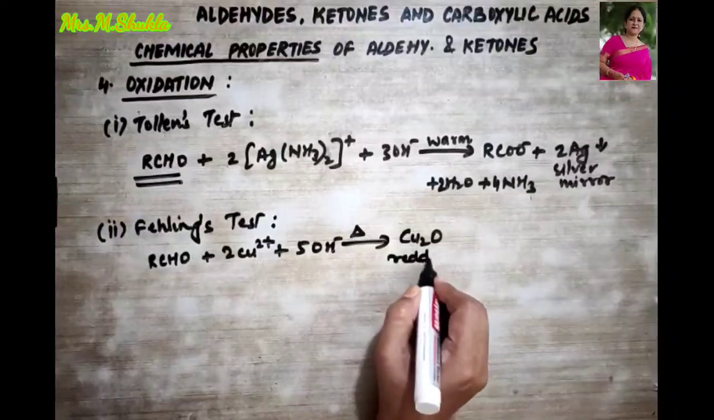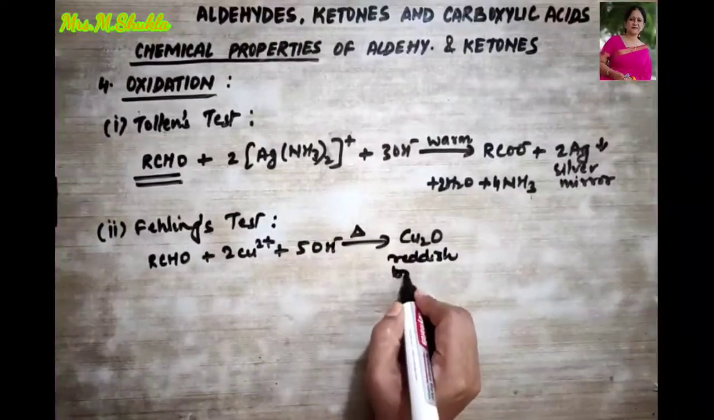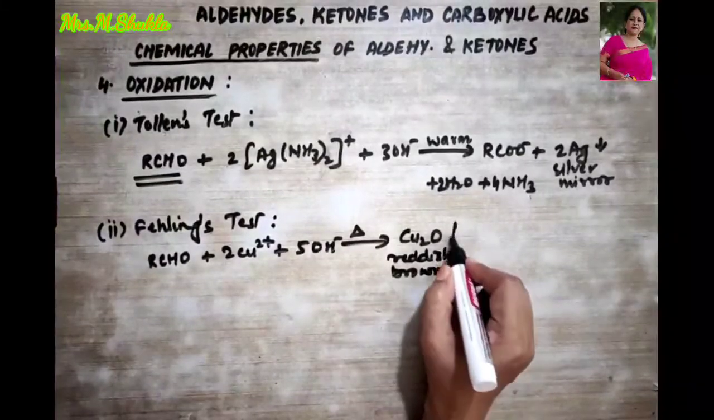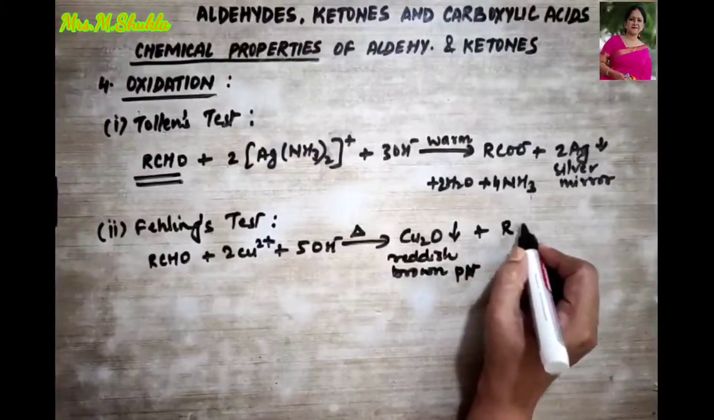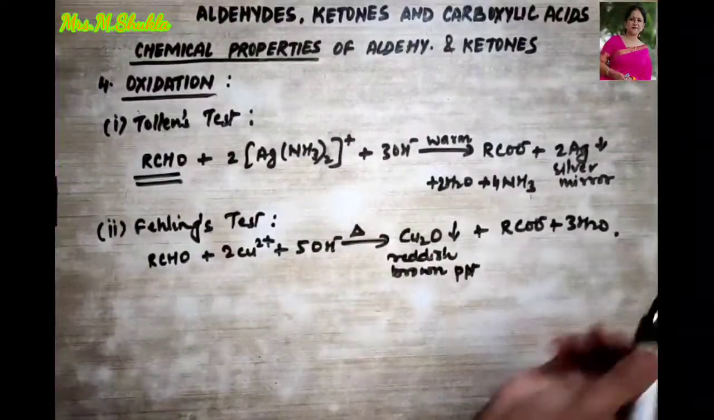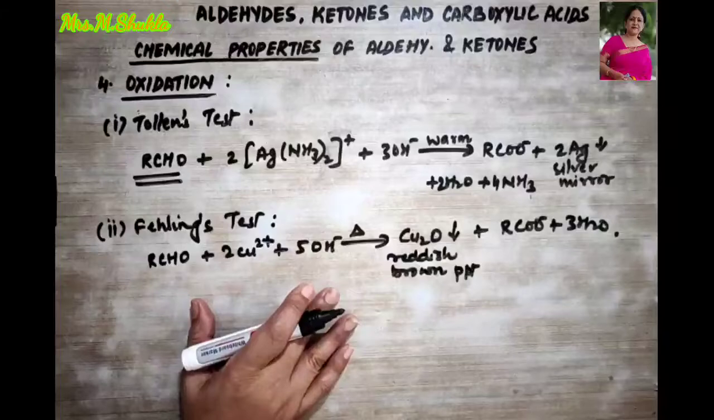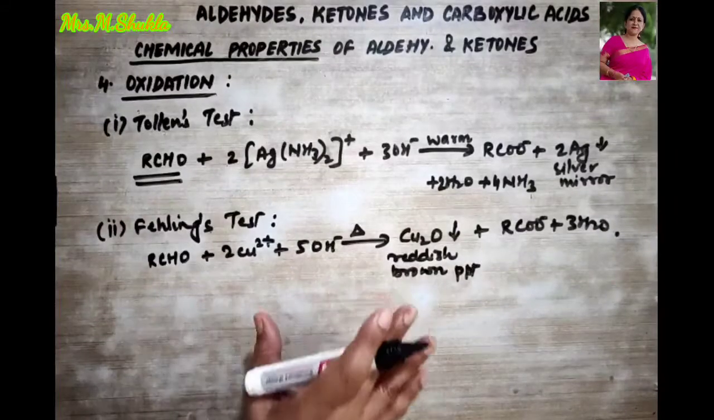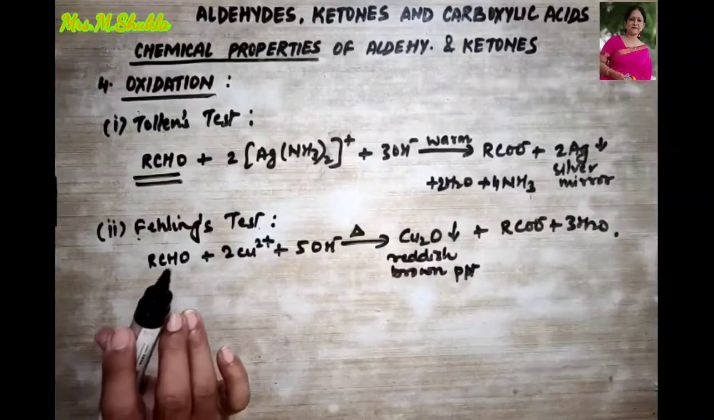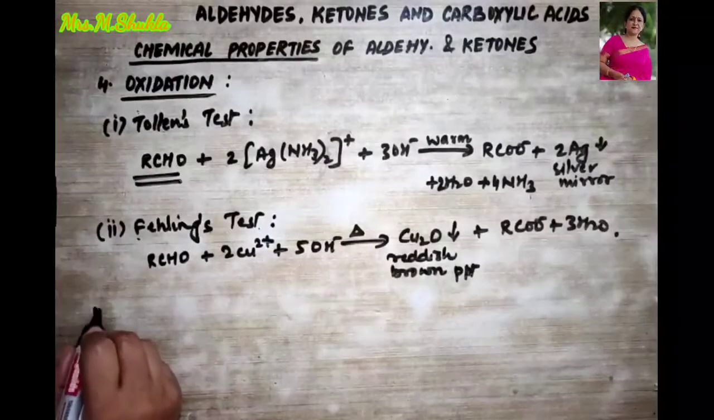This is your reddish brown precipitate. I can write it down like this, plus RCOO- plus 3H2O, right? But benzaldehyde or any aromatic aldehydes do not respond to the Fehling test. Then the third one, we come to